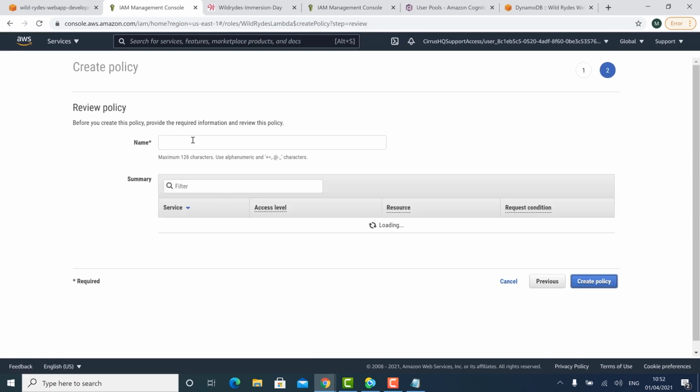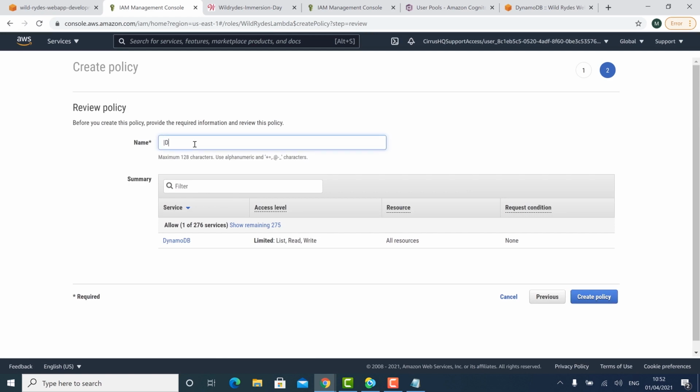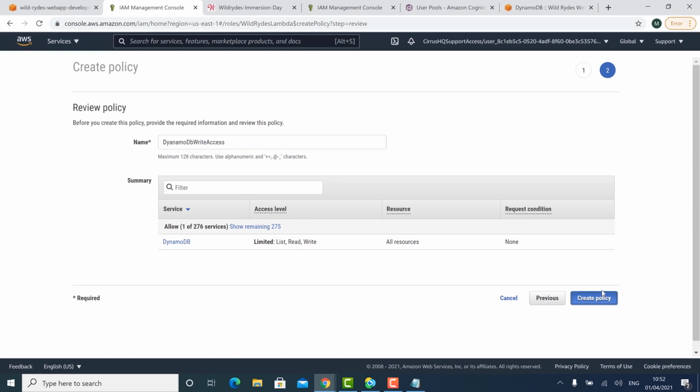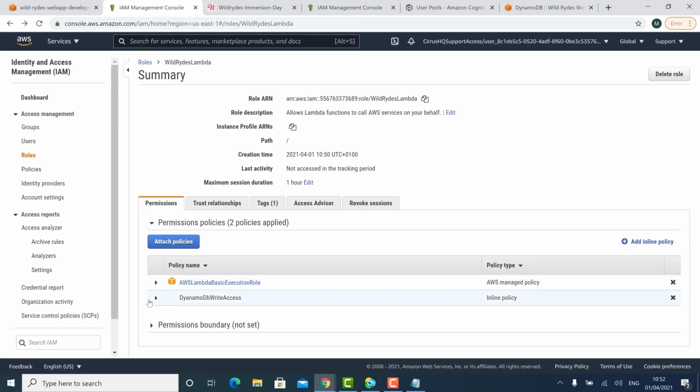So review the policy. Give Dynamo write access. And let's create the policy for that. Let's do that. And we now have that policy added. So great. The next step is actually configuring the Lambda itself, right? So doing the Lambda,